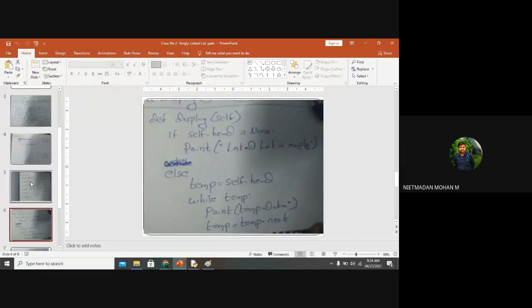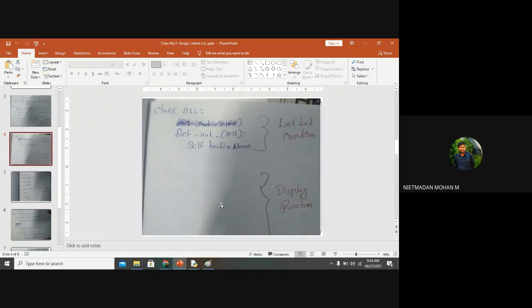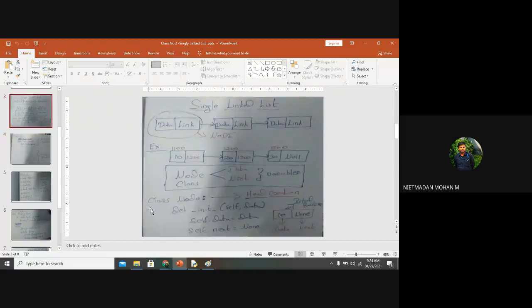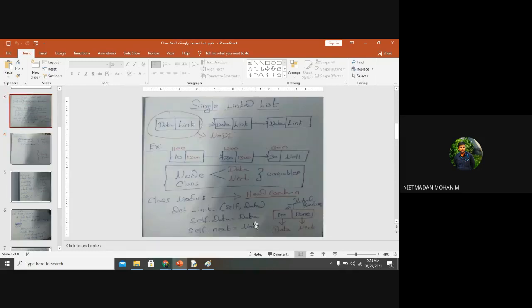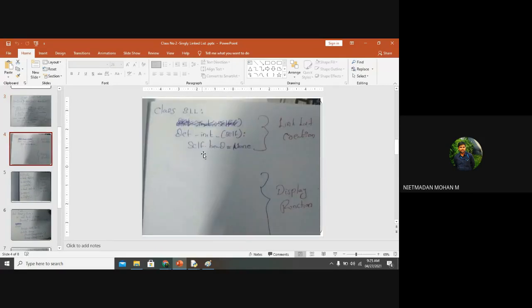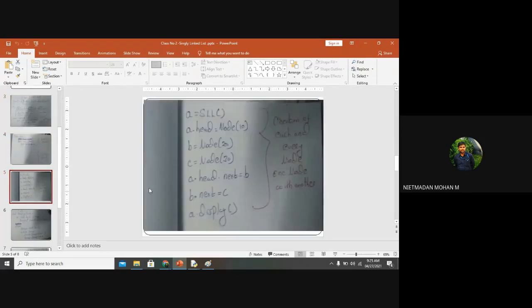So this is the thing. For the display function, first we are creating a node with self.data and self.next, and after that we are creating a class of singly linked list, that is SLL, and here we are initializing the head. Here we are collecting the data and next variable. Then we create an object and give an input for each individual node.